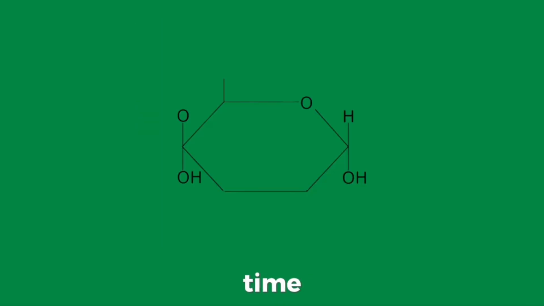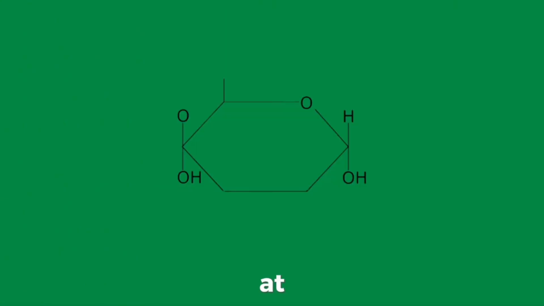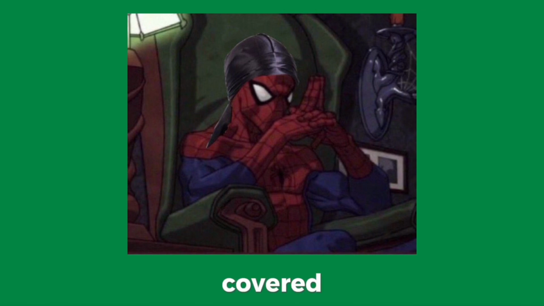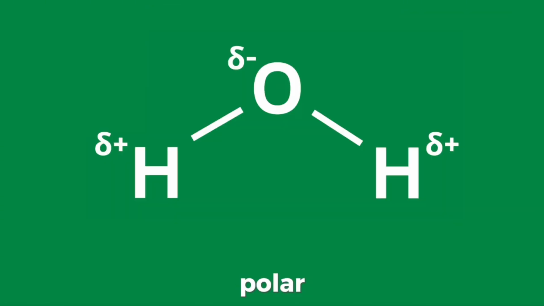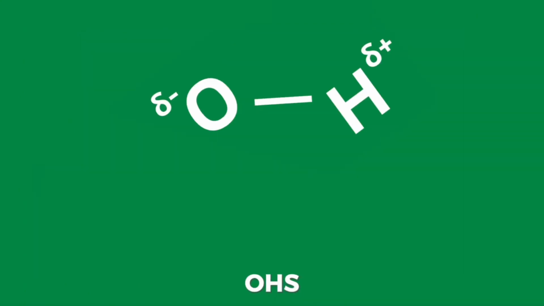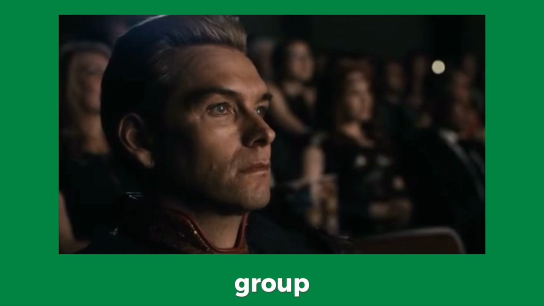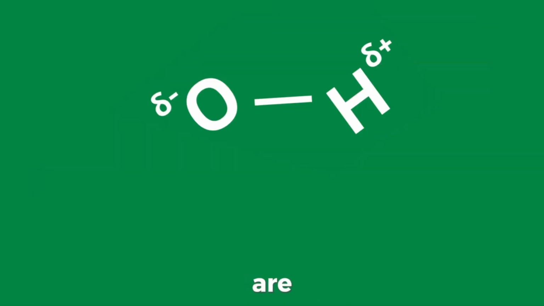Alright, now it's time for more structure. So, we look closely at our brother here, and you can see OHs. Now, this is what we call the chemical group of the formula of the molecule. And this is really, really important. Now, what do these OHs do? So I'm pretty sure in one of my videos I covered water, and how water is a polar molecule. And I've discussed what it means. You can go back and watch that video. But basically, hydroxyls, the OHs, we call them a hydroxyl or an alcohol group, but the OHs are also polar,